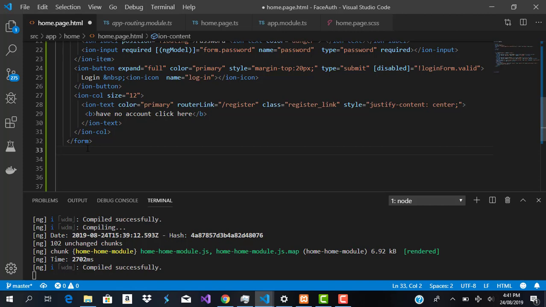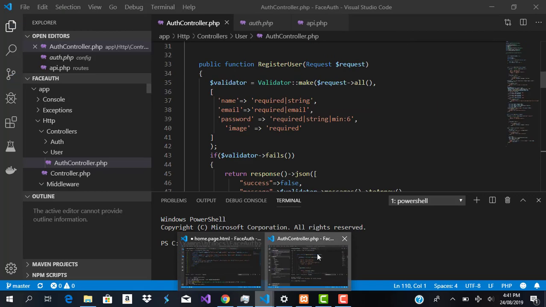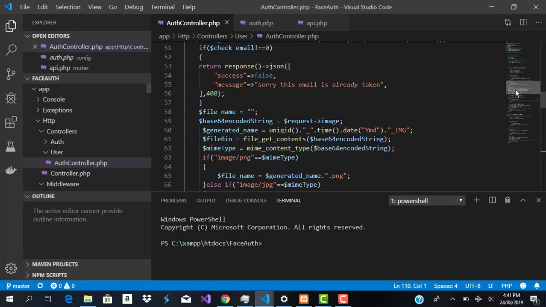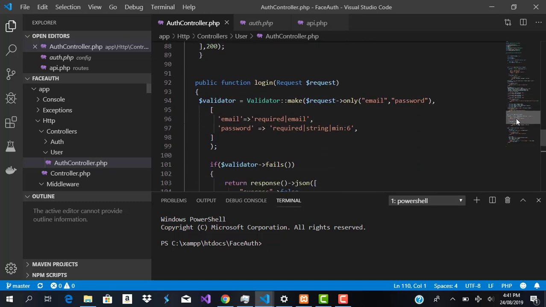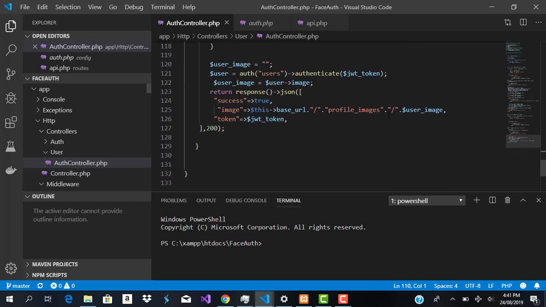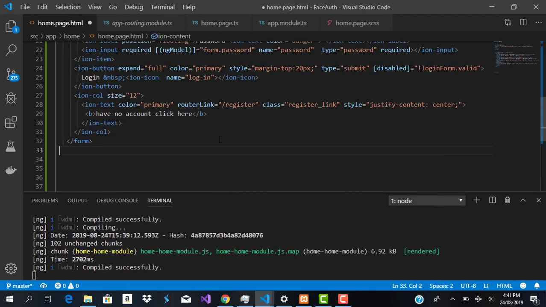Alright, so basically what do we need these two images for? It's really simple. Once the user enters his correct email and password, we perform authentication. Once we are done with the authentication, you can see in our login function that we are returning the absolute path to the image. So we are going to store that image from the server